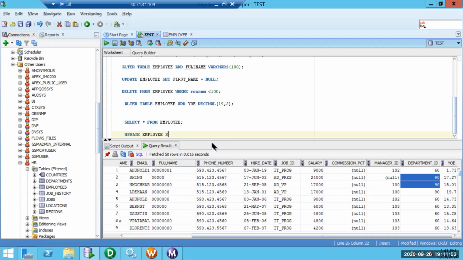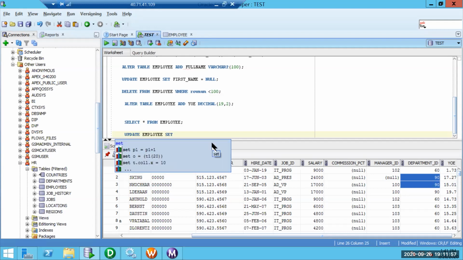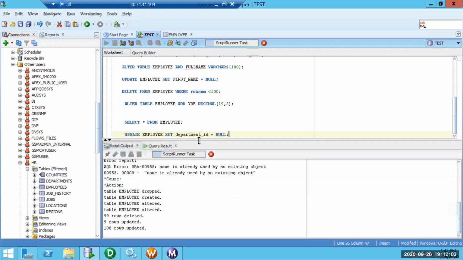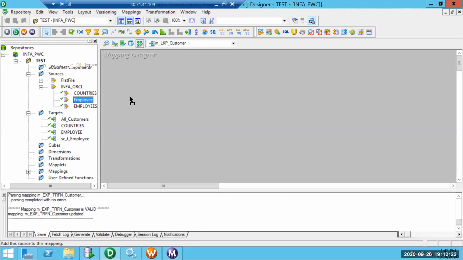Update employee set... Using the HR.employees table, we are going to populate the department ID in the employee table. So our source will be the employee table.